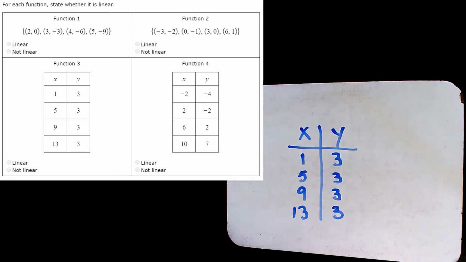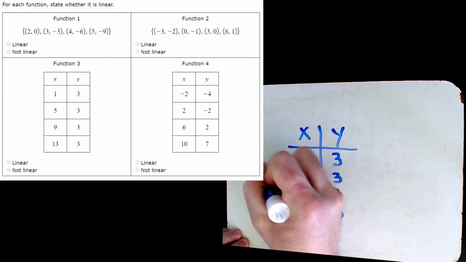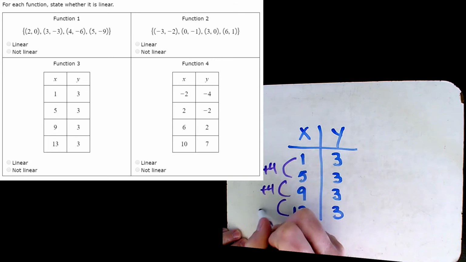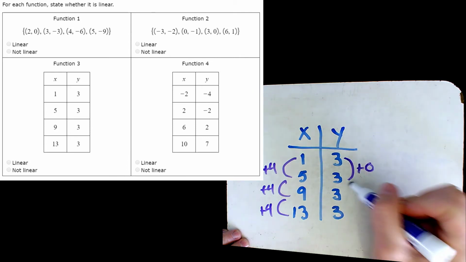Here's the table of our third function. Our third function is showing us that we've got 1, 3, 5, 3, 9, 3, 13, 3. This one is kind of a unique one that's rather interesting. So if we look at our X side, here I'm adding by 4, and adding by 4, and adding by 4. And on this side, I'm adding 0,